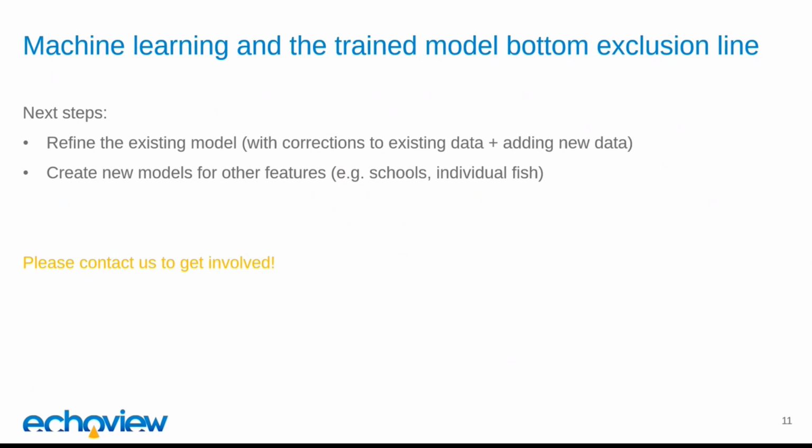And so if anybody is interested in this capability and wants to help work with us to make it even better and expand it into the future of Ecoview, please get in touch to get involved. What we're really looking for in this space is large quantity of EV files that have been expert processed, regions have been created or lines have been detected that are accurate and good and that can feed into a machine learning process. So we'd really love to work with folks on that. So please get in touch if that's of interest.